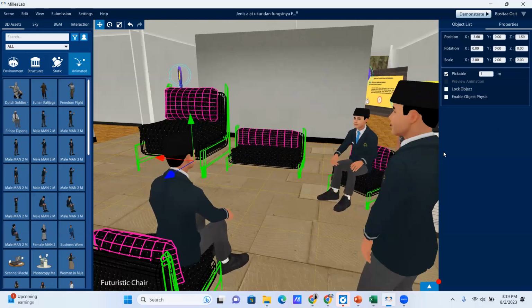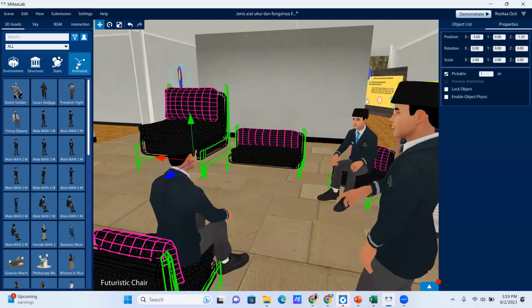Preview animation: play an animation of the 3D asset. For example,